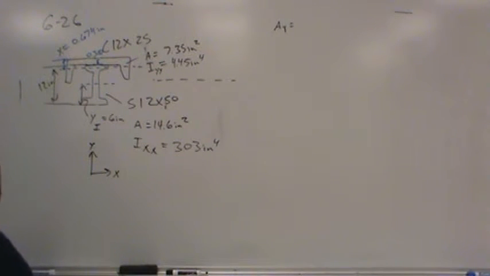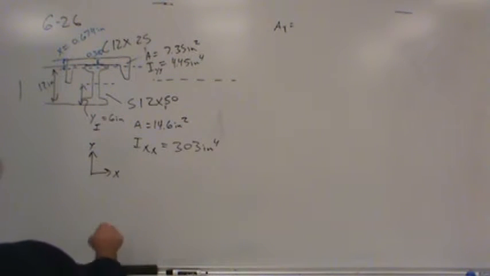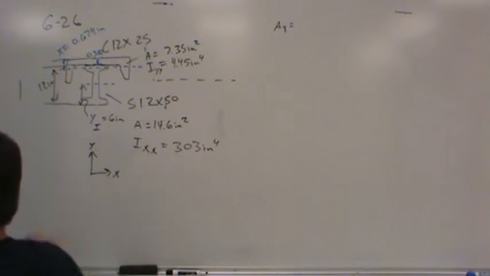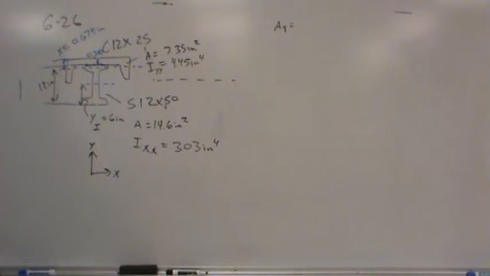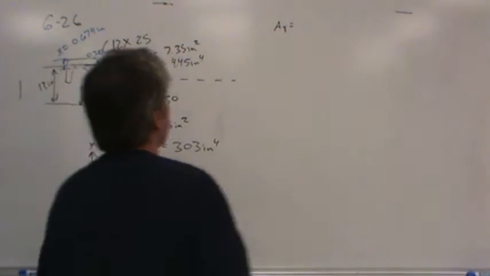Now I need the area moments of inertia, but I have those. So IXX for the I-beam is 303 inches, and for the C channel is 4.45. And what we're going to do now is use the parallel axis theorem by hand to make sure that the